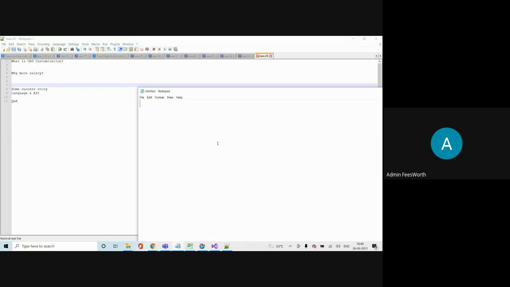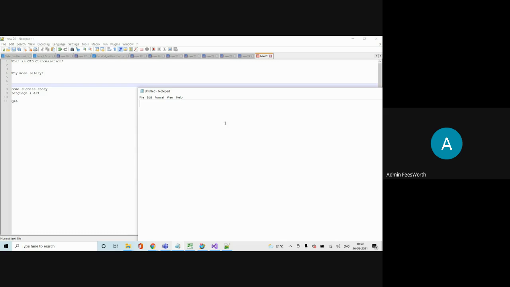Then how will they know? How will they learn this? Leaving all those options, they are not learning. First, they don't know. Second, they are not learning. The next option is mechanical engineers. All mechanical engineers do CAD, CAM, CAE, but not programming. Some people do programming, but they go into that field only, not CAD customization. They go to Java programming, app development, or data science, something like that.